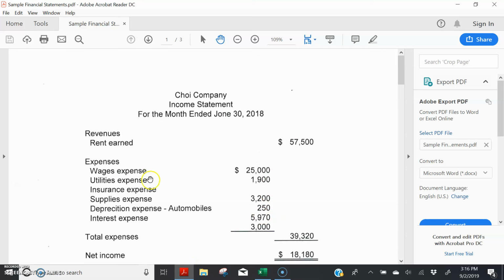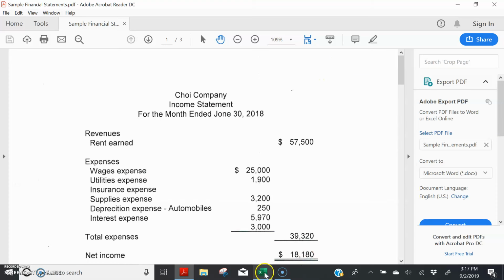Well, let's look at this format income statement for Choi Company. It has a 3-line heading, revenues, expenses, and a $ by the first number in each column and the final answer. Nicely sized columns. They're not too big. They're not so small that they cut off words. And the whole thing is centered nicely on this page.